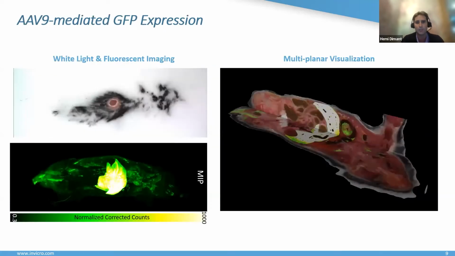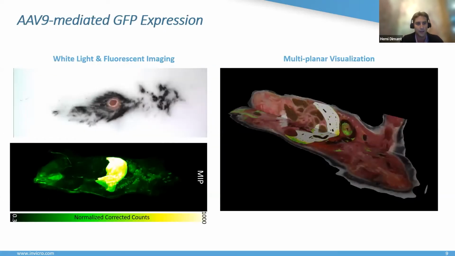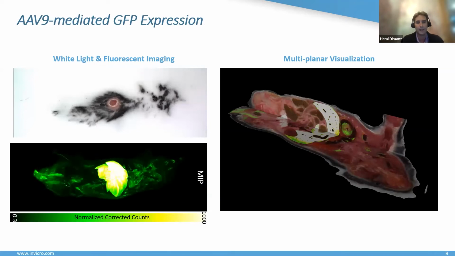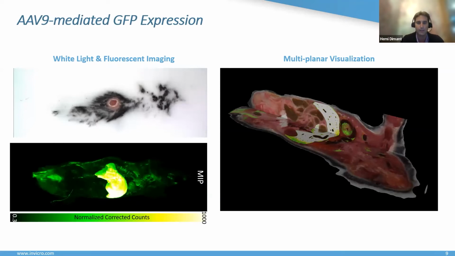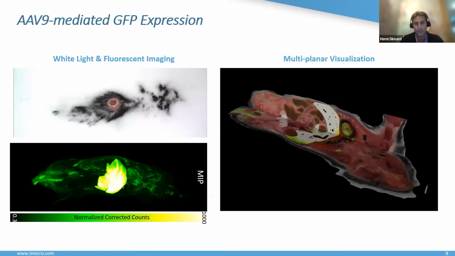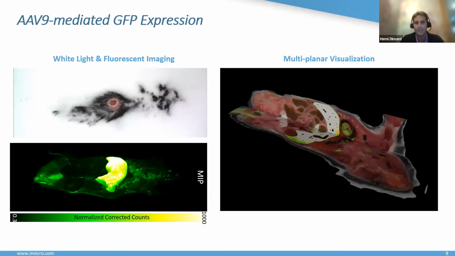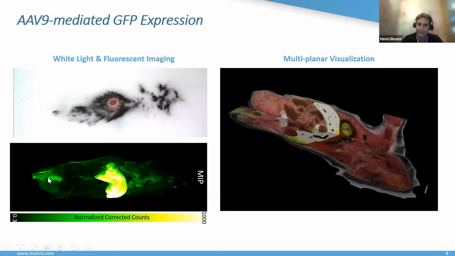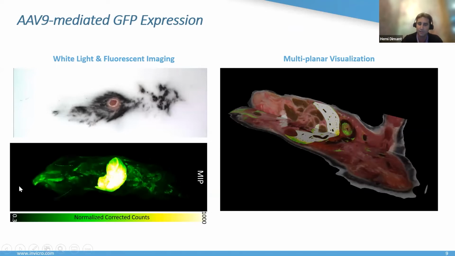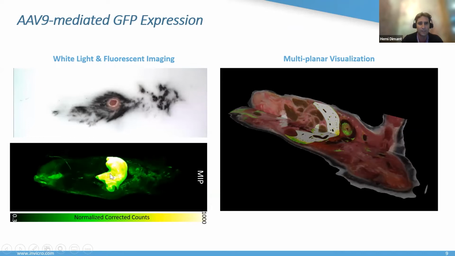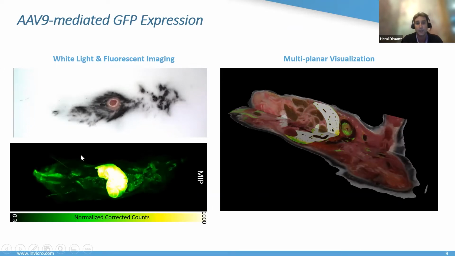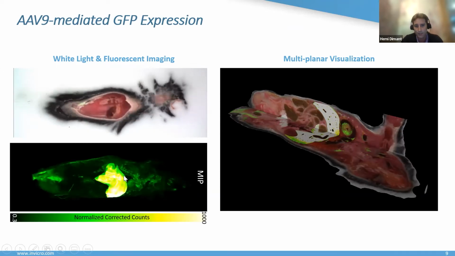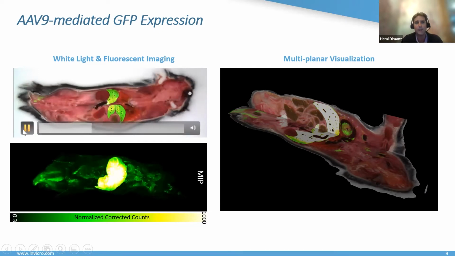The typical output looks like that. You see on the bottom left here a whole MIP of an AAV9 administered, AAV9 expressing GFP in a mouse. So again, you see GFP. So the ability to detect such resolution and such penetration is very impressive. You'll see the whole liver, for example, lining up with GFP. You see the heart, and I can show you the heart is here, but if you play this movie here,